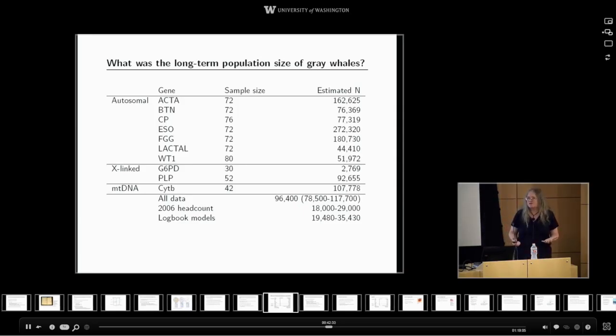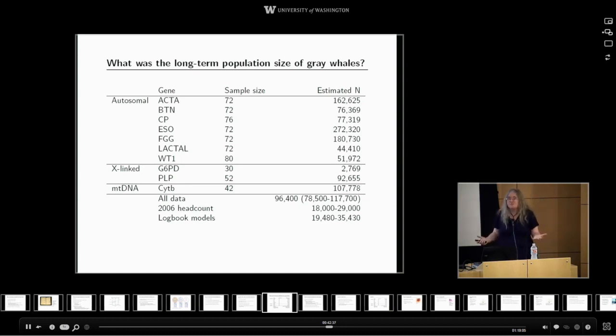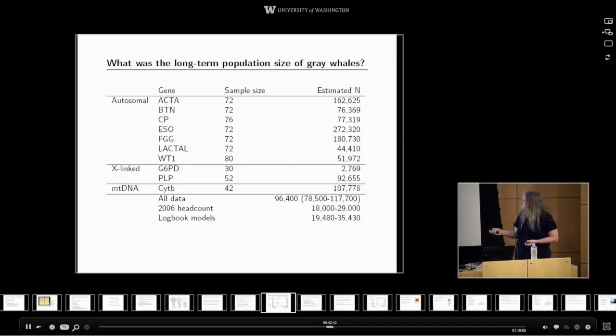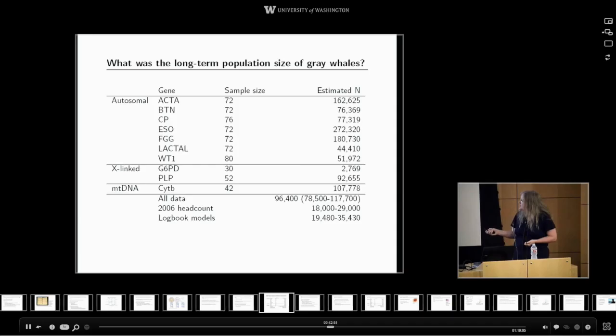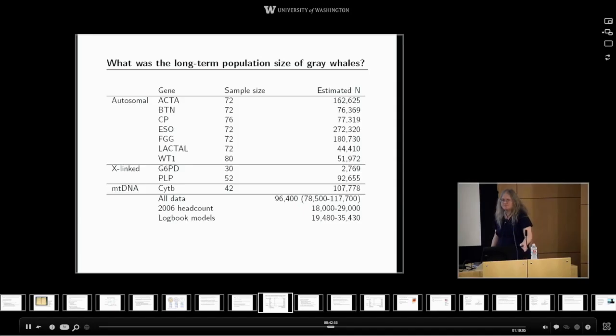I kind of suspect the whales had managed to find somewhere to go where the whalers were not finding them and not counting them. I don't know. It may also be the whalers lied about them. It may be our conversion factor is wrong, but these numbers are really discrepant. Here's the error bars on the overall estimate, 78 to 117,000. This number and this number are well outside the error bars for that.